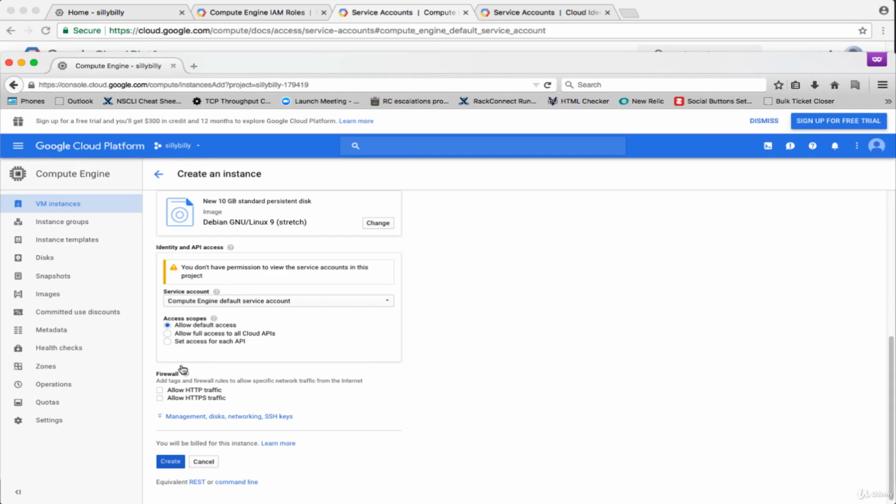And then on the firewall here, you can actually choose allow HTTP traffic, if you're running a web server. But here is a question for you. If I choose one of these two options, or even both of them, right, do you think the VM creation will be successful? If you think that the VM creation will fail,